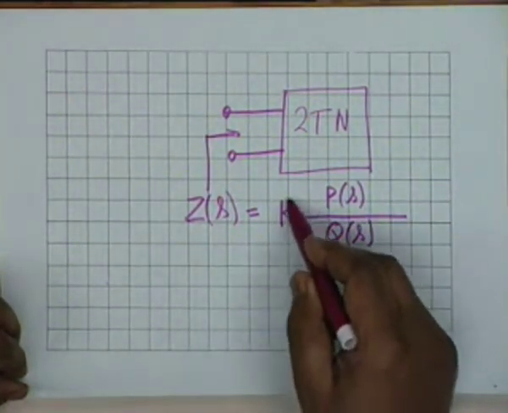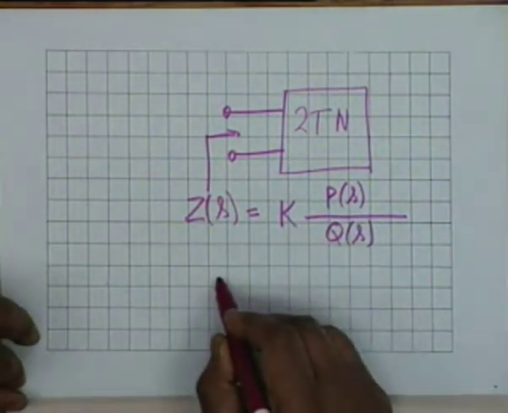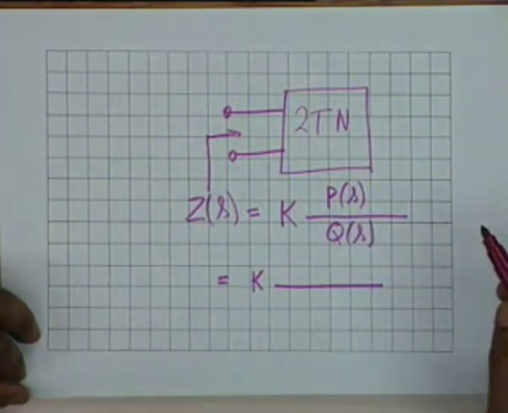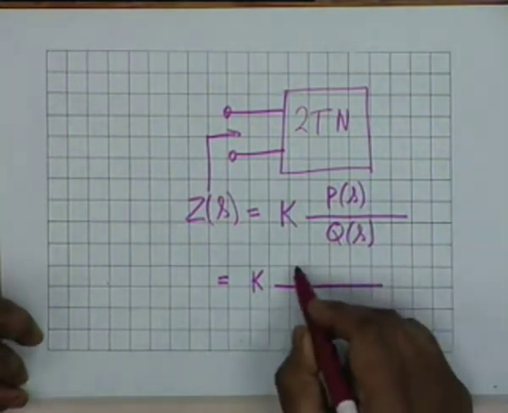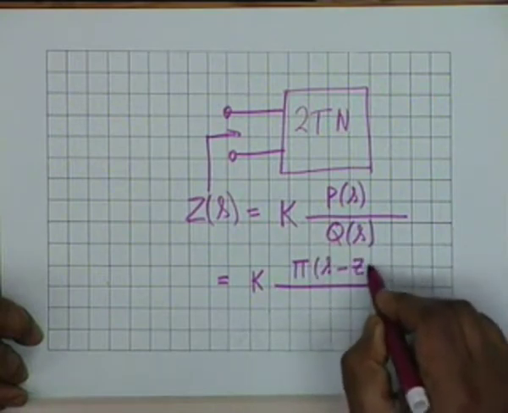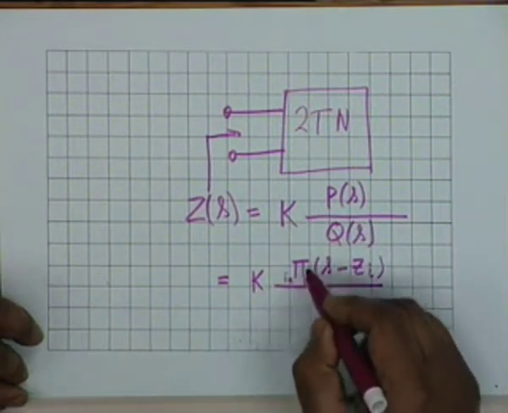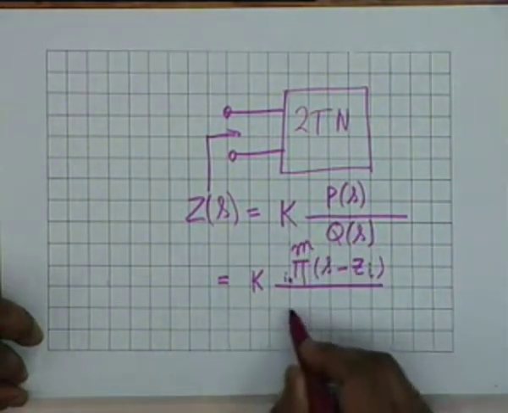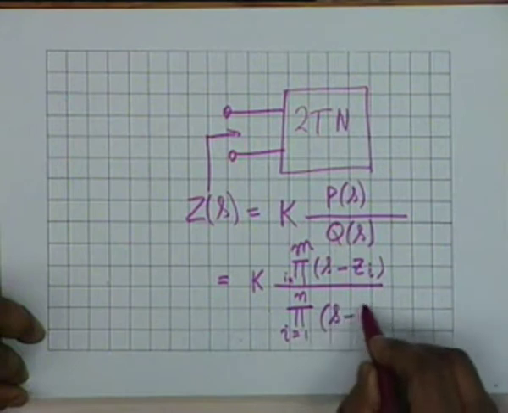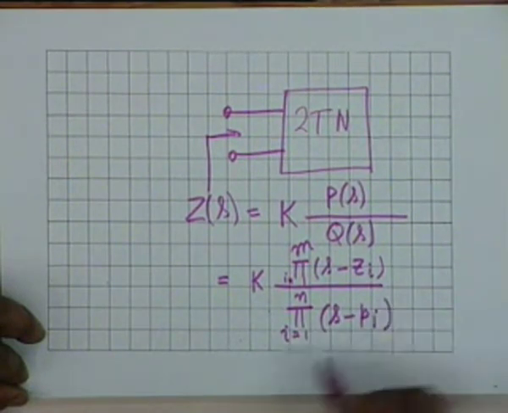These coefficients are absorbed in the constant k, and you know that a polynomial of degree m has m number of roots. Therefore, it can be written in terms of S minus Zi, where i goes from, let's say, 1 to m, divided by i equal to 1 to n S minus Pi. And in general,